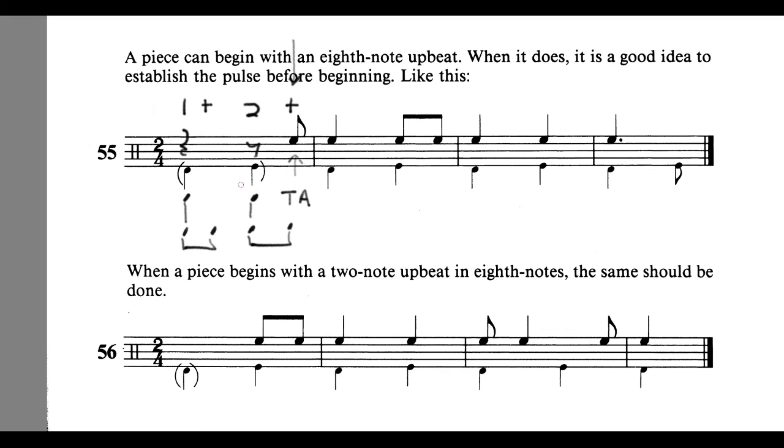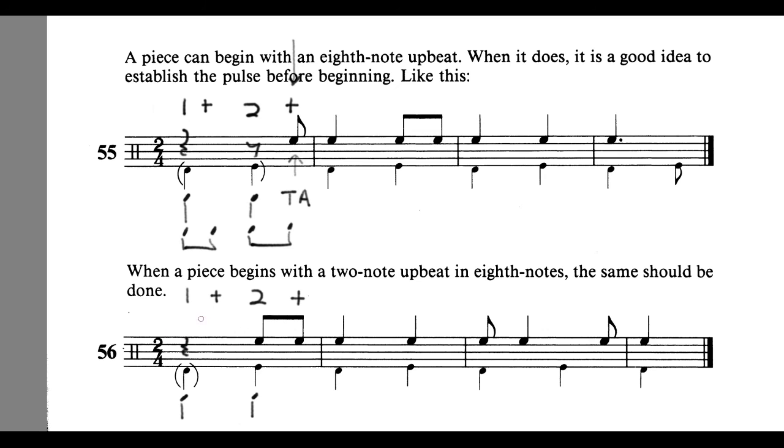Let's take a look at the bottom example at number 56. So here we have an example that has 2 eighth note pickups. Now again, we know we're in a 2/4 measure, so this is beat 1, this is beat 2. We know that each of these beats is going to have 2 eighth notes, 1 and, 2 and. So we know that these 2 eighth notes right here must fall on 2 and. And we can, again, almost imagine that there's an implied